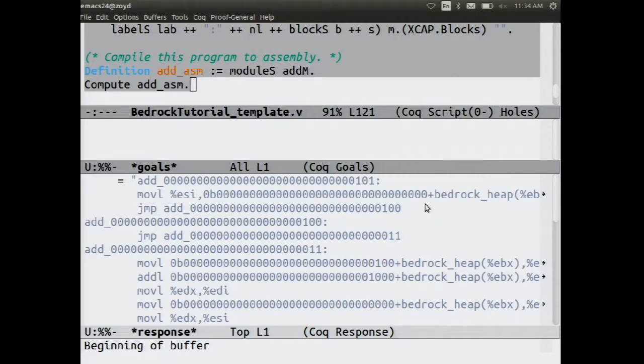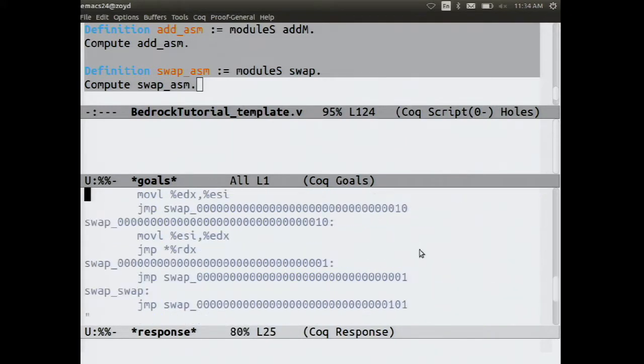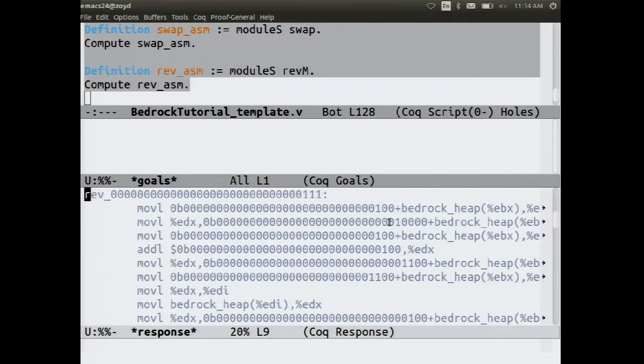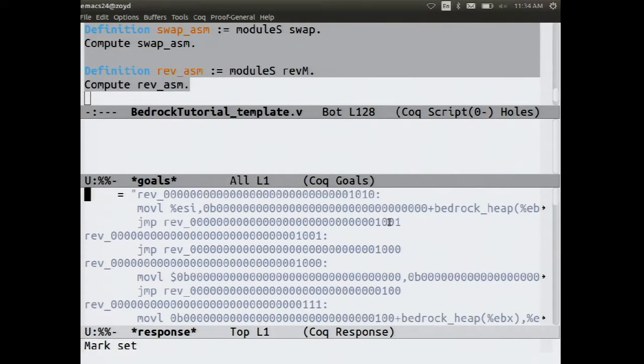So the swap program, that exists too. There it is. And same for the reverse program, probably the longest one out of these. And we have other pretty printers for different assembly languages, like 32-bit x86 and ARM and so forth. So that might be an answer to the last question. This is a real way to make code that runs, and then you know it's correct.